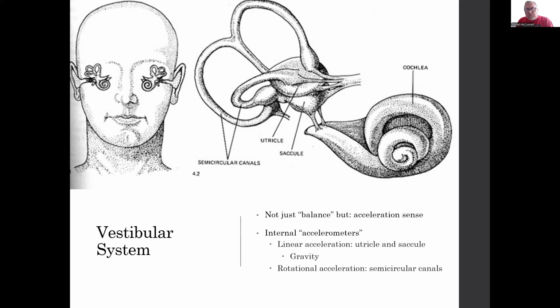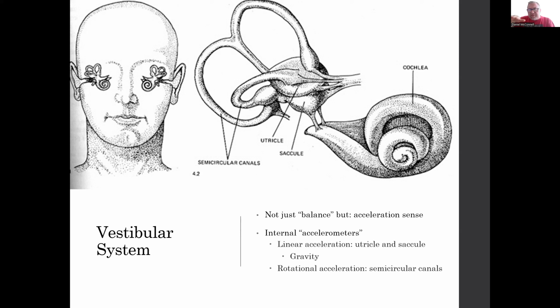But those head movements that I'm talking about, in order to keep your gaze stabilized and fixated on an object while your head turns, now we have to detect rotational accelerations. And this is where the three semicircular canals come in. So these three semicircular canals are oriented approximately perpendicular to each other. So we have one that's oriented kind of in this flat horizontal plane, and then another one that's oriented kind of here in this vertical plane, and then another one that's oriented perpendicular to that in this vertical plane. So now what we have